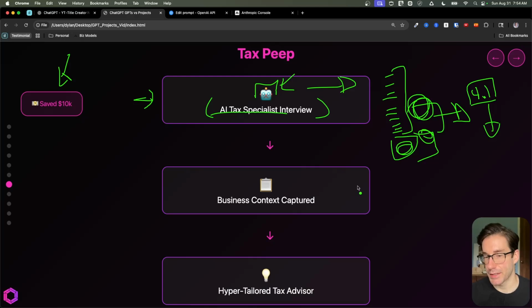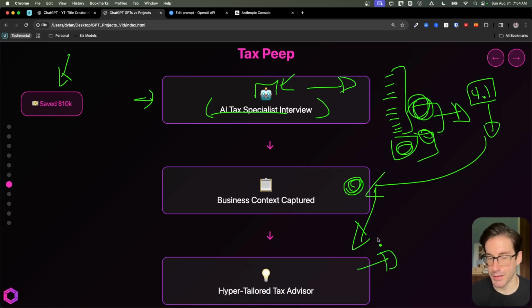And then once I have this and I've captured all that business context in this system prompt, I can bake it into my GPT project, which then acts as my advisor. So anytime that I need assistance when it comes to corporate taxes, I ask for advice from my AI advisor. I do have an actual tax specialist, so I'll pass this off to my tax specialist, the human that I work with. And out of the major asks that I've made of my human tax specialist based off of being informed from my AI, 4 out of 5 of them have been spot on.